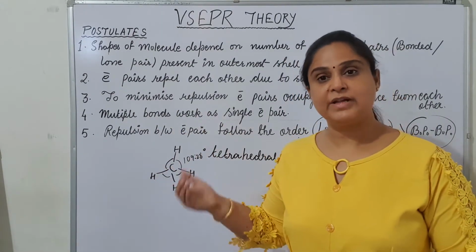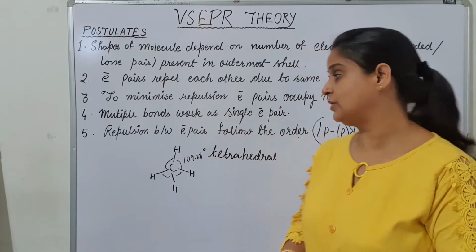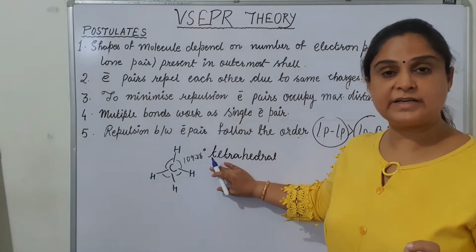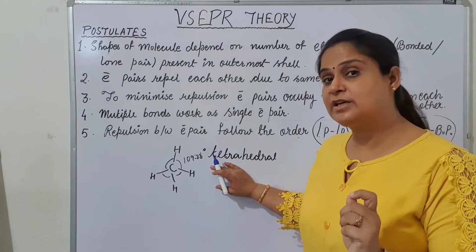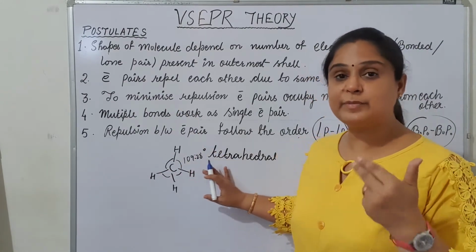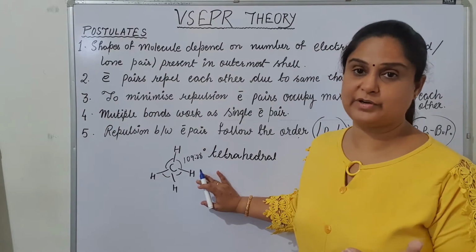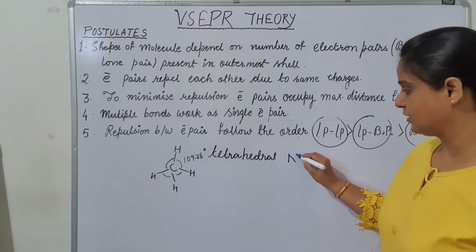Now let us assume that there is one lone pair. What would be the shape of this molecule? Would it maintain the tetrahedral structure, or will there be something wrong with the geometry, or will the geometry remain the same because they will arrange themselves? But what will be the difference in the shape of the molecule? Let us take one example. I am taking the example of ammonia.